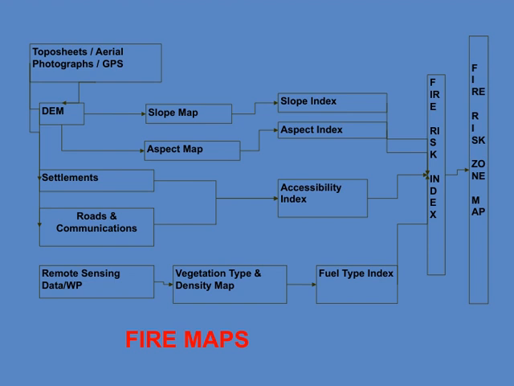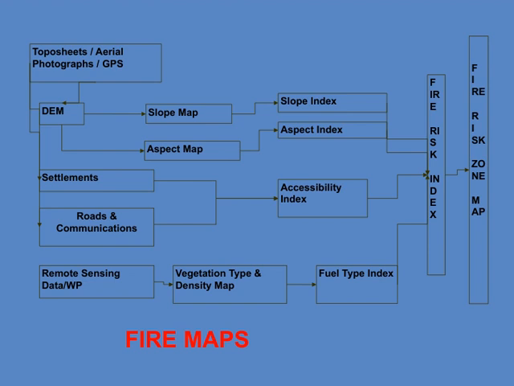We also use digital elevation models, or DEMs, to understand the terrain. From DEMs, we derive slope maps and aspect maps, the direction the slope faces, which are important factors in fire spread. Building on that, we calculate indices like the slope index and aspect index to quantify how these terrain features